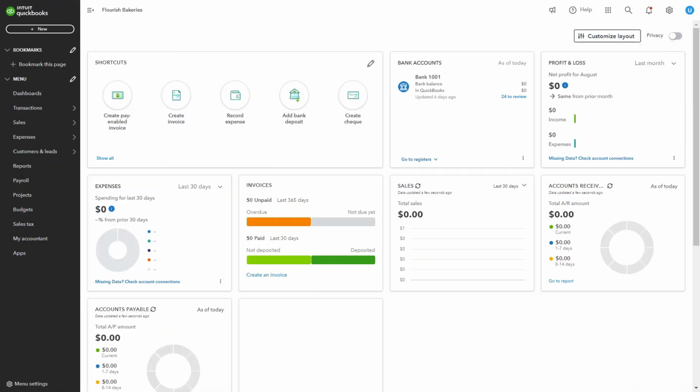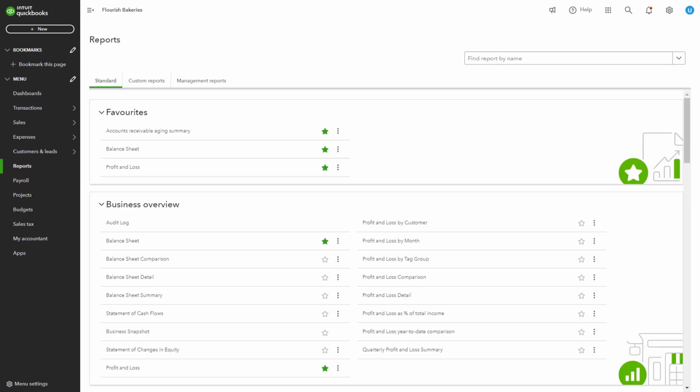QBO provides a wide range of built-in reports that cover different aspects of your business, from sales and expenses to profitability and cash flow. To access reports, just log into QBO, navigate to the Reports tab from the left-hand menu, and click on Reports. This will take you to the Reports Center, where you can access a wide variety of pre-built financial